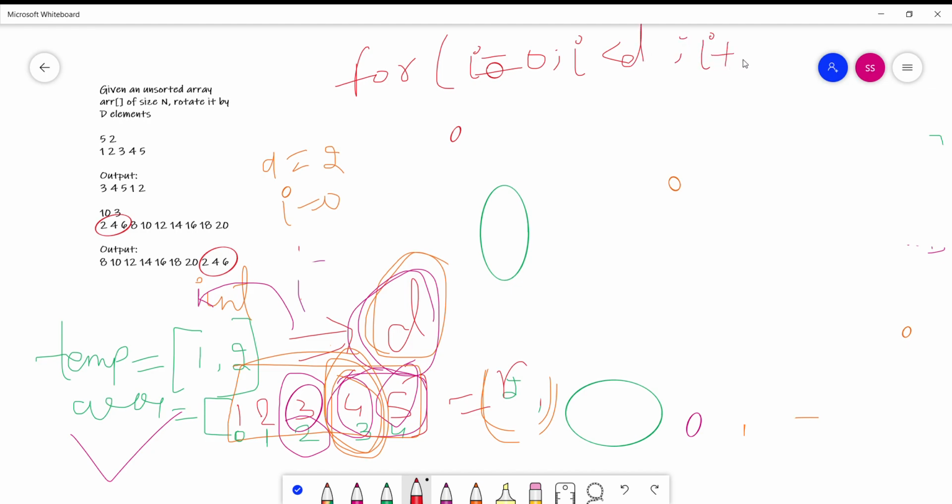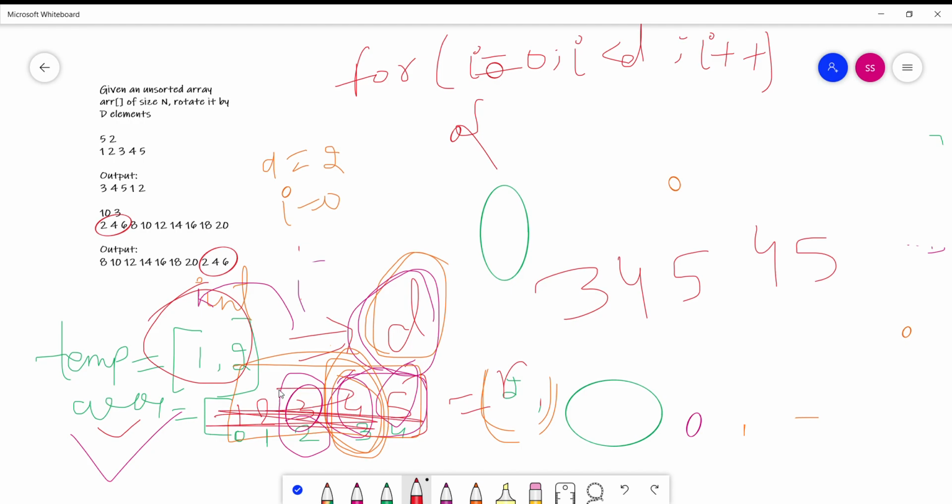Now what we have to do? We have to copy the elements of the temporary array into the given array, and the array is now 3 4 5 4 5. The temporary array will then be deleted.